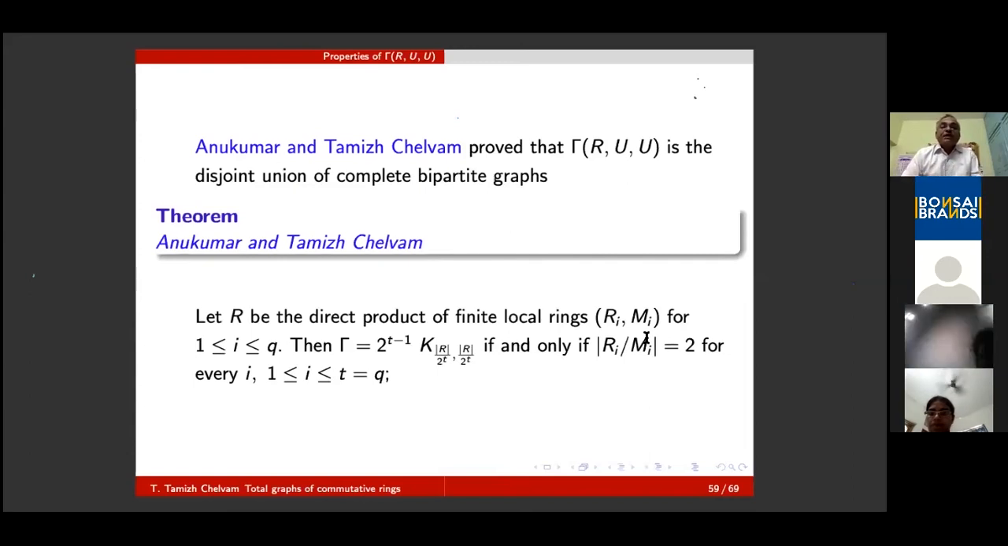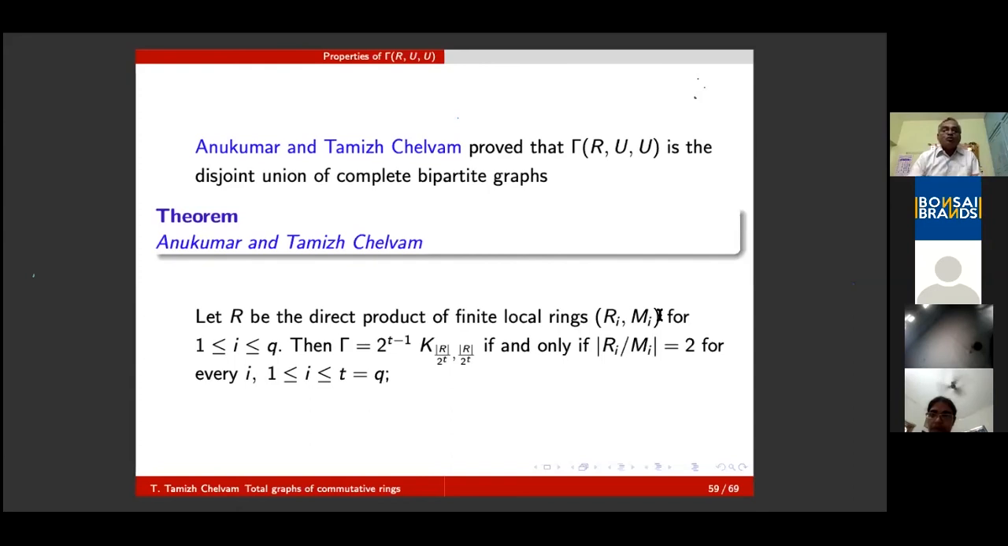Let R be the direct product of finite local rings. Of course, when you take finite, it is Artinian. The Artinian structure theorem ensures that it is a direct product of finite local rings Ri, Mi, where Mi is a maximal ideal of Ri. So R by Mi is a field. Naturally, the number of elements in this R by Mi plays a vital role in identifying structures for this